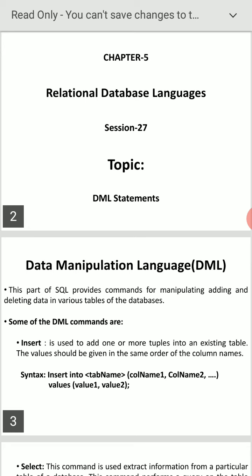There is employee number, employee name, and third one is salary. These are the column names. Already I stored some tuples: 1 A 5000, 2 B 10,000. If I want to add some more tuples into the existing table, that can be done with the help of the insert command.